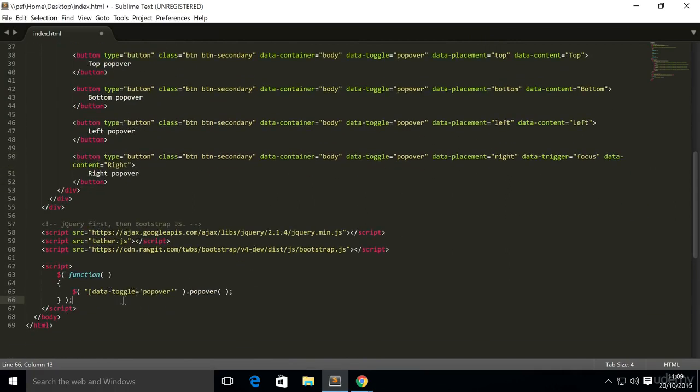And if you scroll down to the JavaScript area, we want dollar, dot popover-dismiss dot popover, and in here all we want to do is set the trigger to focus. So save that,